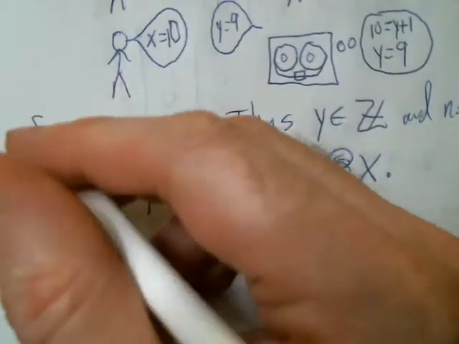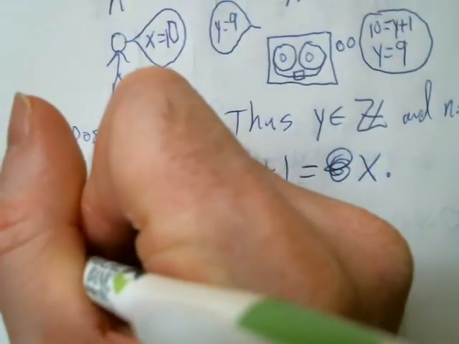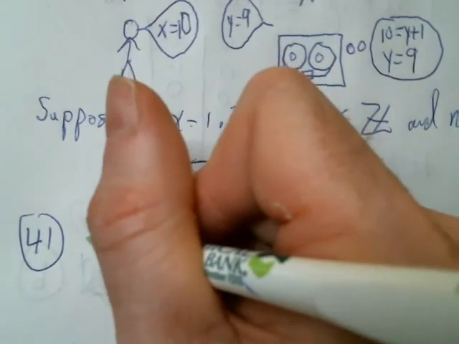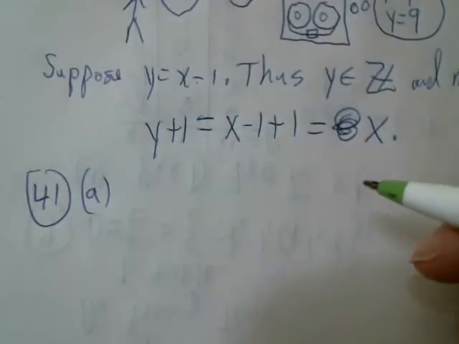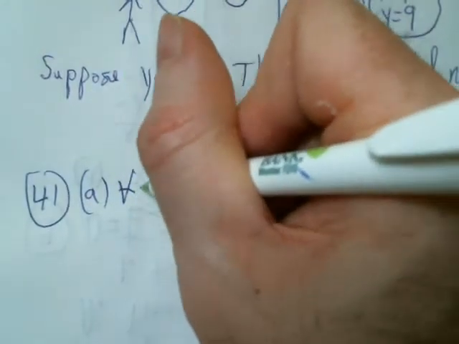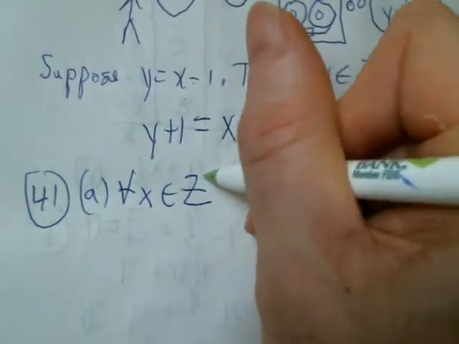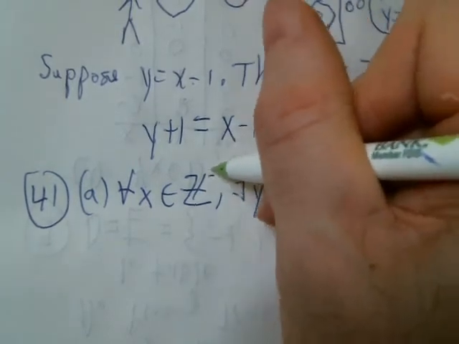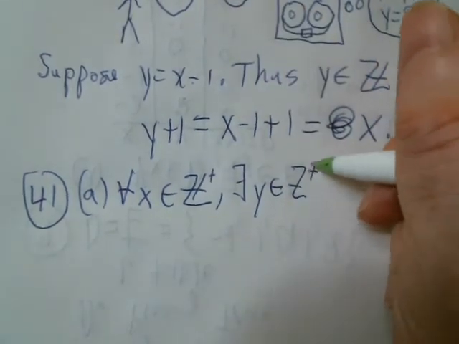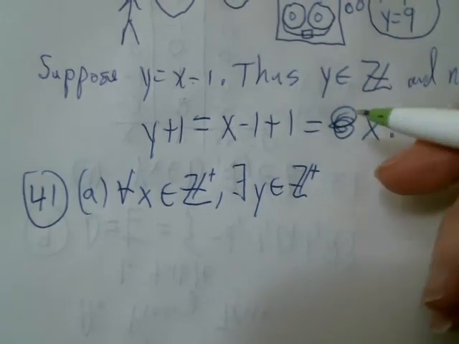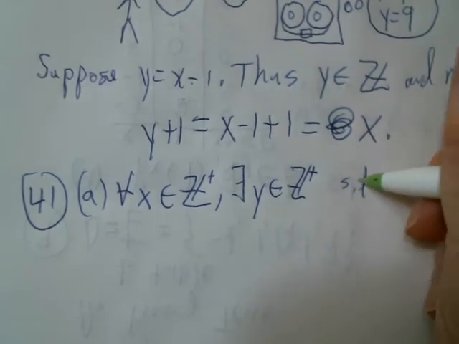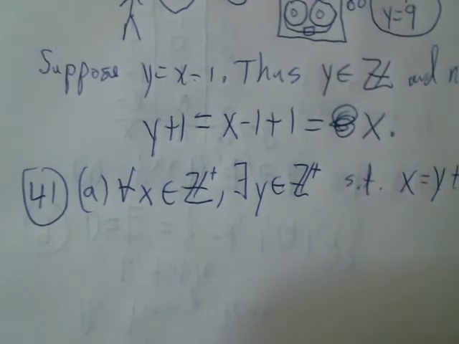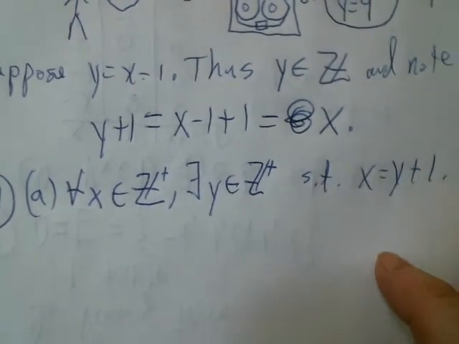Now let's take a look at proving something is not true. This is a lot easier. And we'll look at 41 part B, or sorry, 41 part A. So 41 part A, for all x in the positive integers, there exists a y in the positive integers, so I need a little positive sign there. There exists a y in the positive integers such that x equals y plus 1. Okay, so basically we kind of have to go with the counterexample type deal